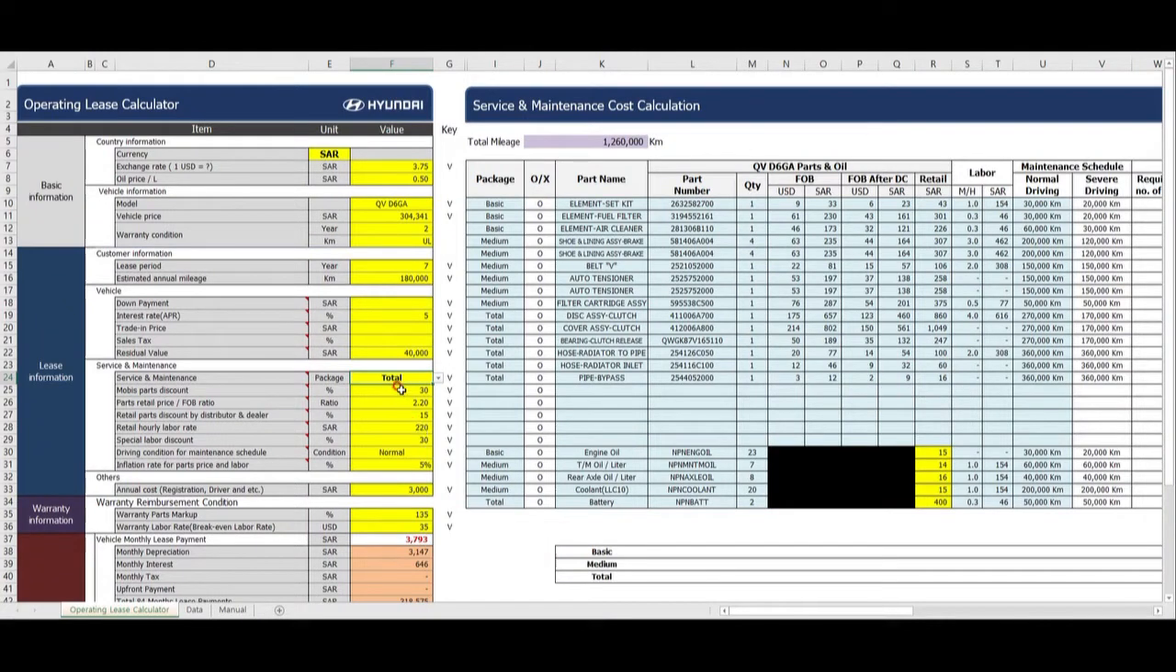Input special Mobis parts discount rate you are offered on tender if applicable. Input parts retail price over FOB ratio for automatic calculation of retail price based on parts FOB. For instance, if FOB is $10 and the ratio is 2, your retail price will be $20. Input retail parts discount rate for lease if applicable. For instance, if retail price is $20 and retail parts discount is 10%, the discounted parts retail price will be